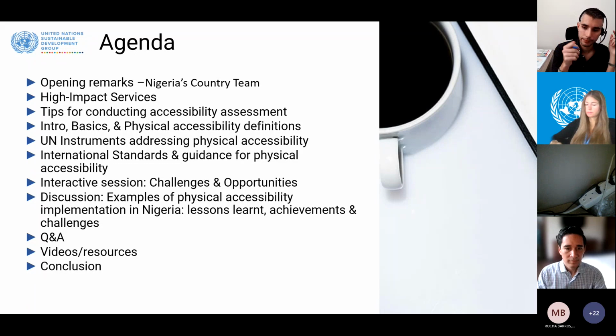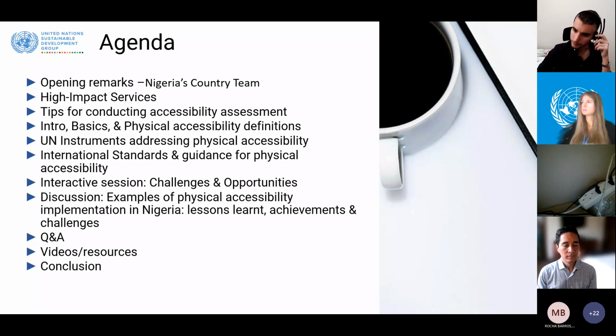Moving to the next agenda item: high impact services, tips for conducting accessibility assessments, intro, basics and physical accessibility definitions, UN instruments addressing physical accessibility, international standards and guidance for physical accessibility, interactive sessions, of course, the challenges and opportunities, then discussions, examples of physical accessibility implementations in Nigeria, where the Nigerian team will be presenting on their own implementation, the lessons learned, achievements and challenges.